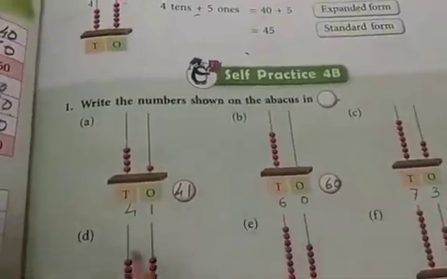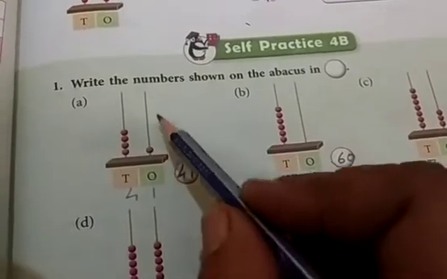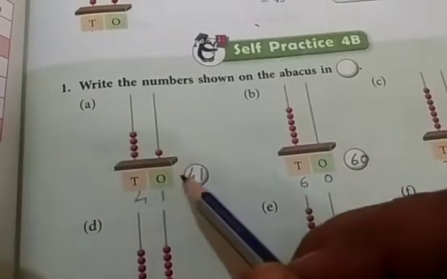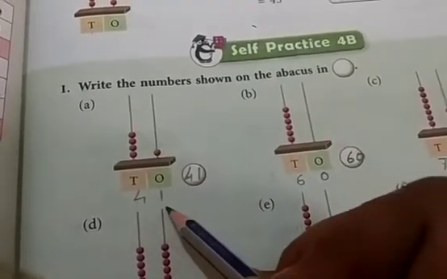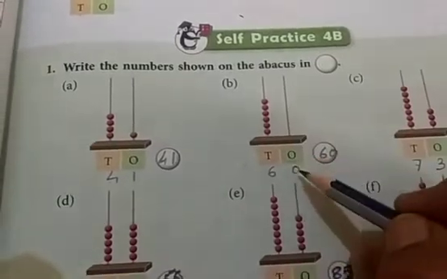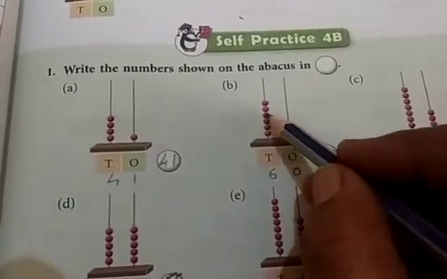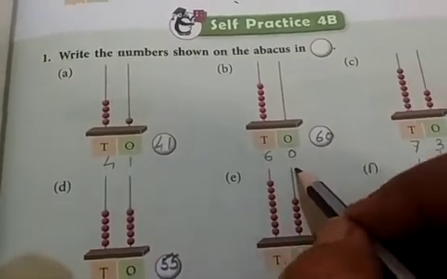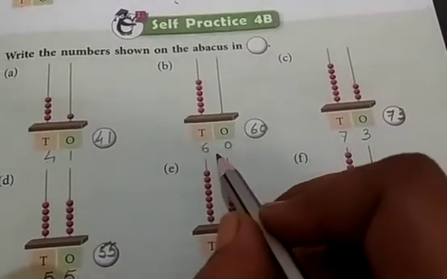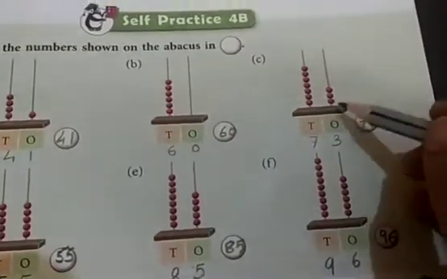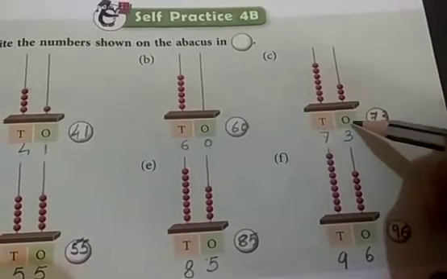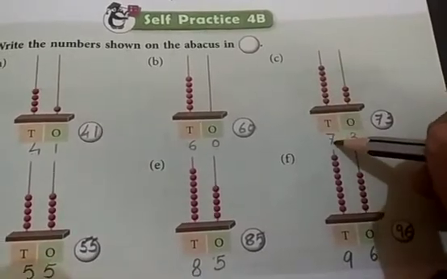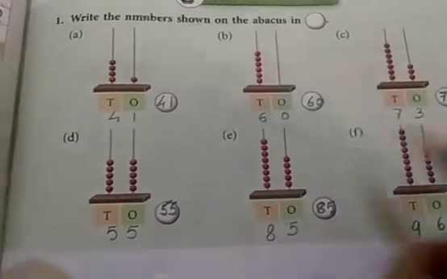Okay, come to here. See, count the number of beads on the abacus. On ones place there is only 1 bead. It means 1, and then 1, 2, 3, 4 means 4. So altogether 41. See, here there is no bead, so I have written 0 here. 1, 2, 3, 4, 5, 6. So tens place is having 6 beads. So the number is 60. First you write here, so it will be easy to write in the circle. Okay, then we are counting here 1, 2, 3. In ones place there are 3 beads, and 1, 2, 3, 4, 5, 6, 7 beads in tens place. Altogether 73.